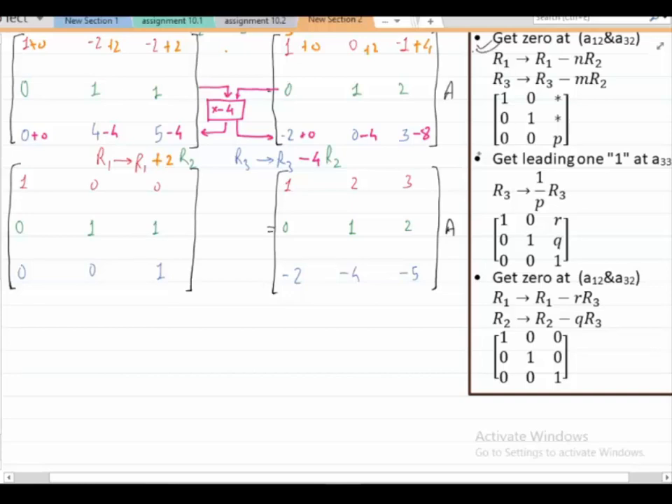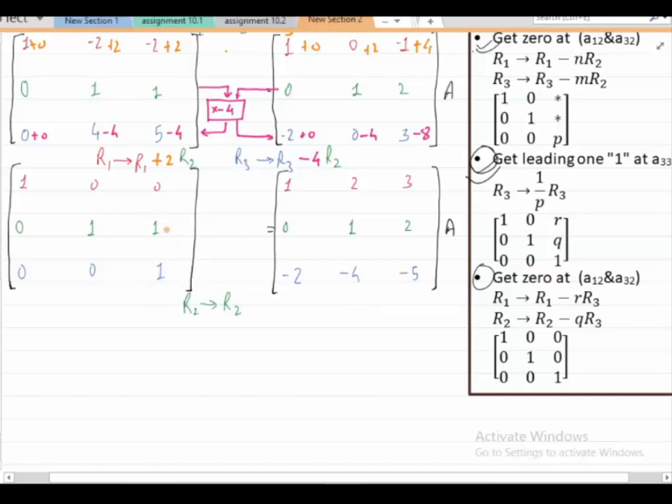which will give us 0, 0, 1, -2, -4 and -5. So we complete the step, and the next step is to get the leading one at A33 point. But luckily, we already have the leading one, so we also complete this step. Now we move to the last step, in which we need to get 0 at A12 and A32. Luckily, we already have 0 at A12. We just need to get 0 at A32, and for that we just have to take the operation R2 gives